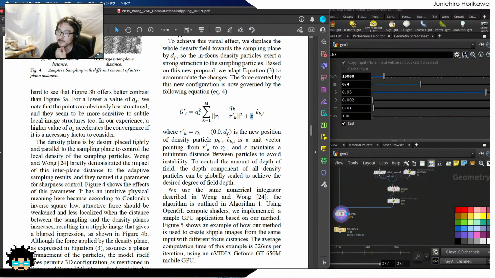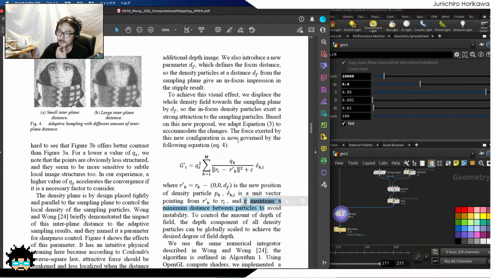I didn't really read this far. So epsilon maintains the minimum distance between particles. No, this is